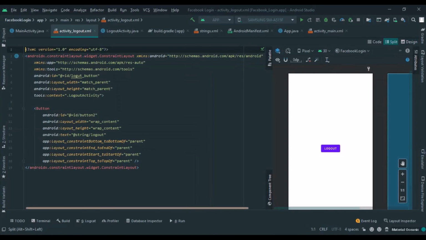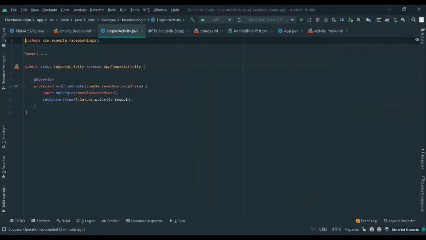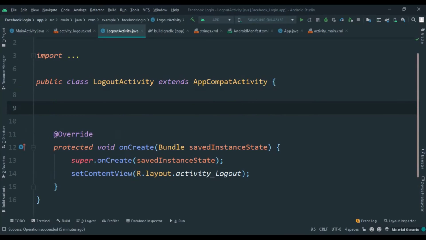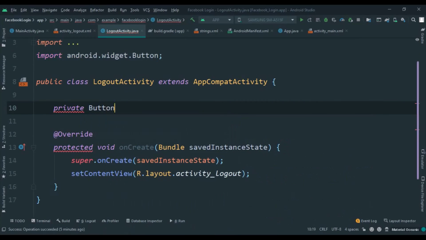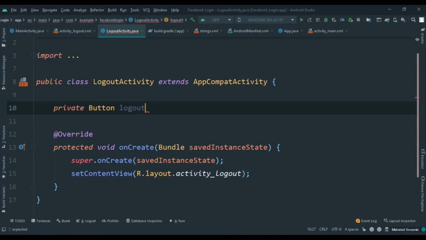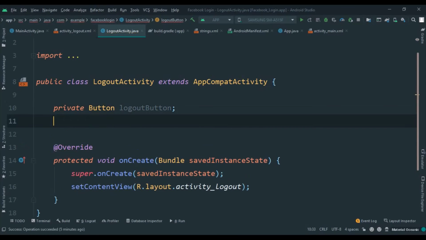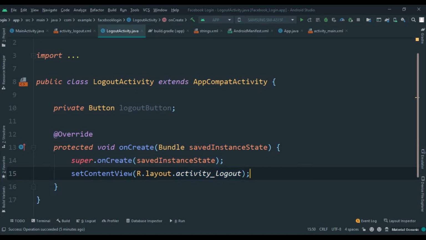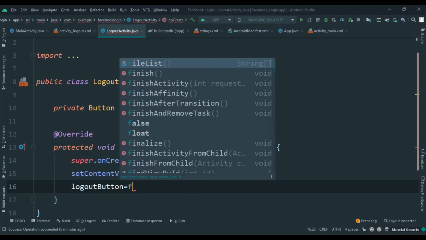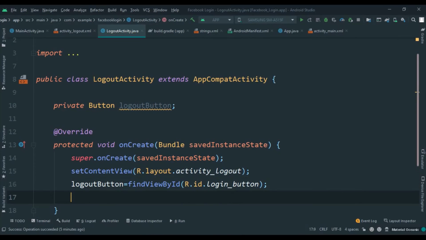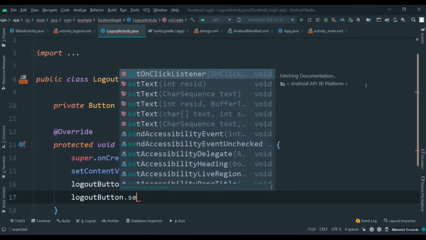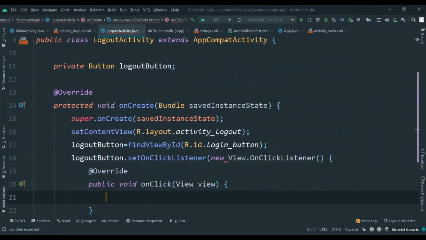And inside LogoutActivity.java file, we declare our button. We write private Button logoutButton, and inside onCreate we write logoutButton findViewById R.id.logoutButton, and we set our onClick listener method,